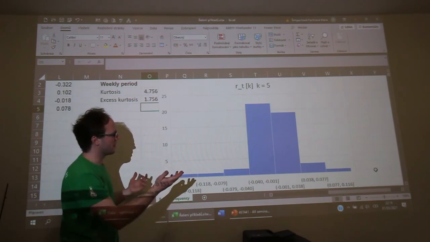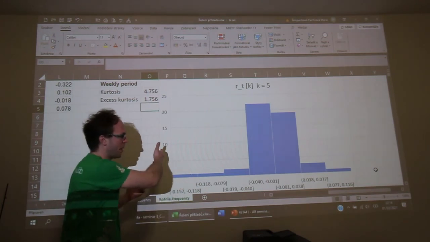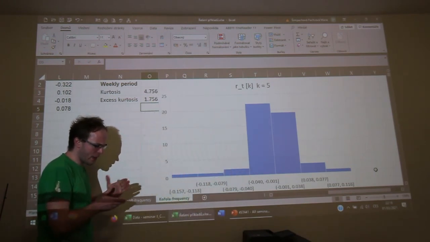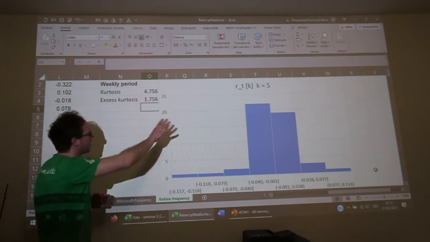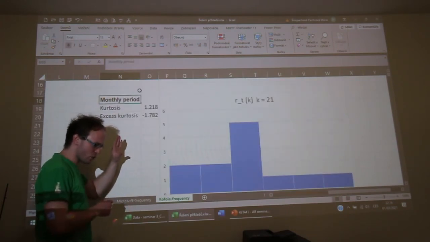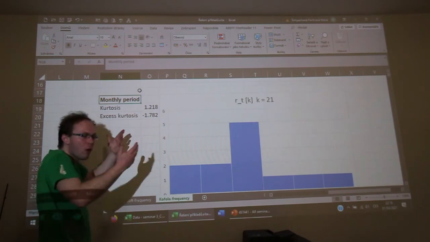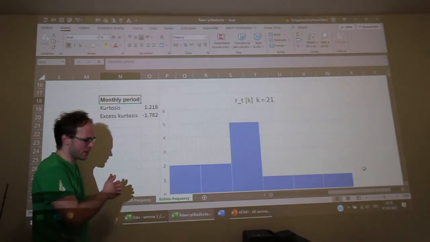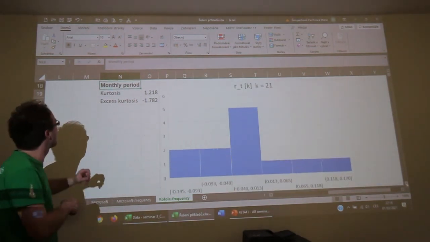You can see that this is not typically normally distributed, but we can compare these results, not only the kurtosis and excess kurtosis, but also the histogram of frequencies with